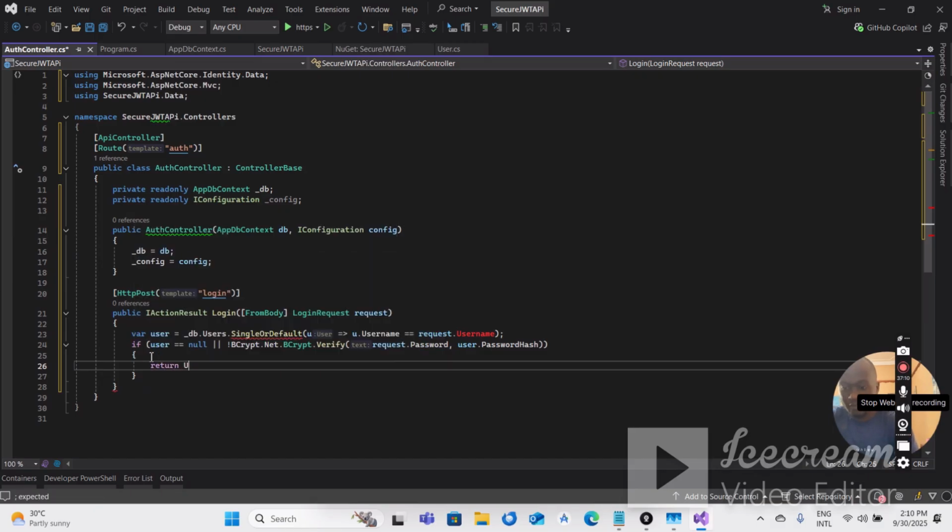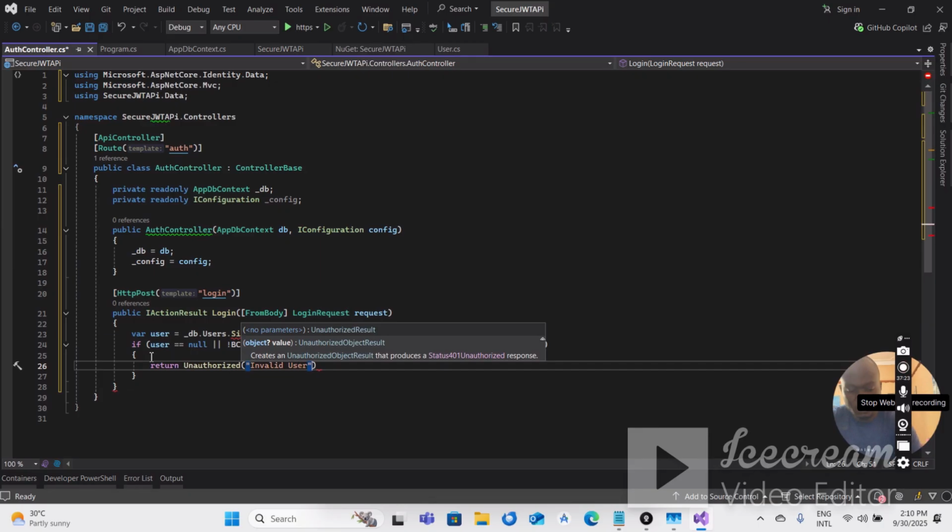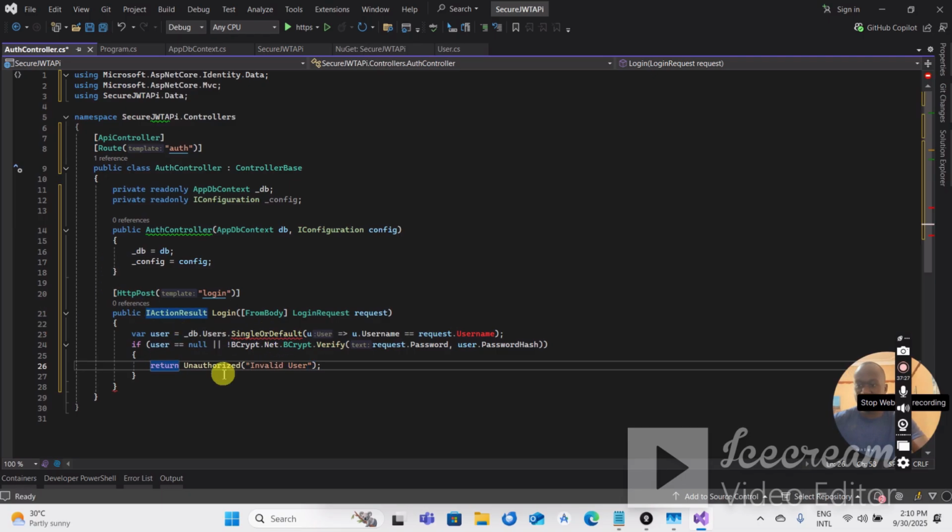So if this is true, then we return unauthorized. So if the user is not known or the password is not the same, can't be verified, then invalid credentials, valid user. Okay, so now that we've returned this,